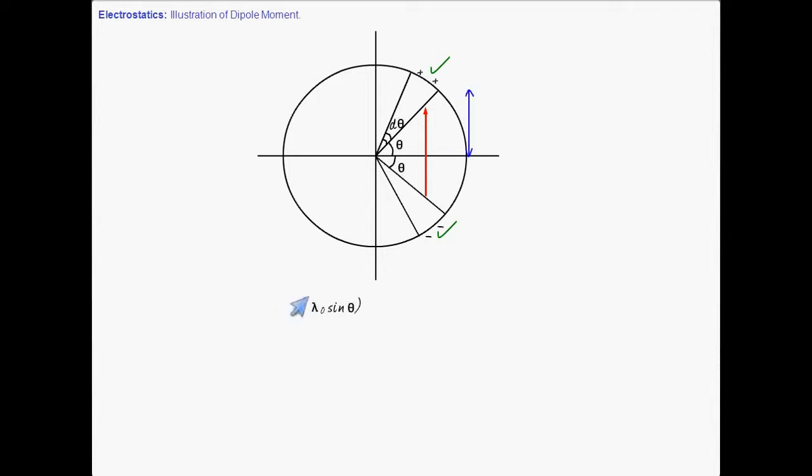Now how much is this length? It is r sine theta. How much is this length? Same, r sine theta. So what is the complete length? 2r sine theta. So the length of the dipole is 2r sine theta, from negative to the positive charge. Agree? This is 2r sine theta, in the j cap direction. This is dp vector. If I add all of them, I will get p vector, which is nothing but lambda naught 2r j cap integral